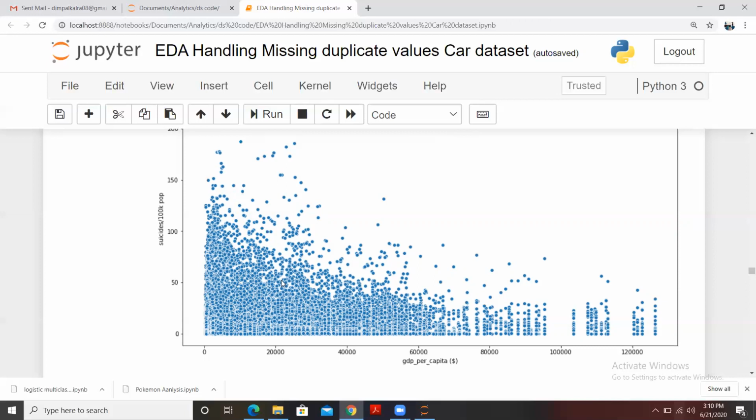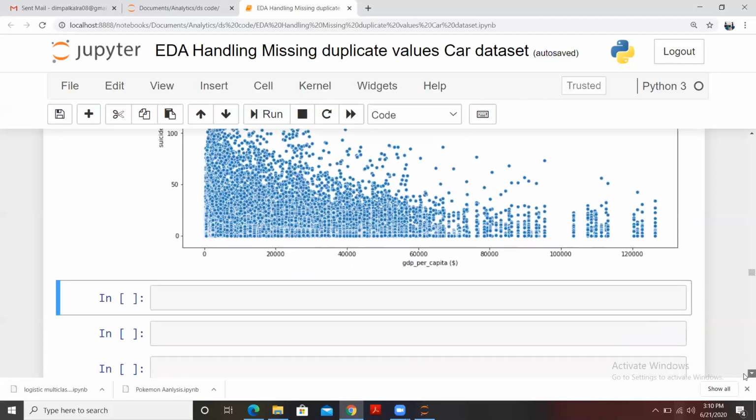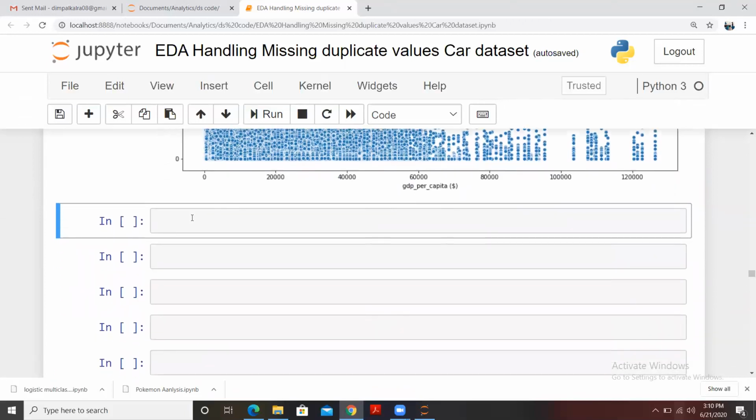How do we check the correlation among pairs of continuous variables? Let me show you how we do that. I'll be using the sns heatmap, the heatmap for data.corr().